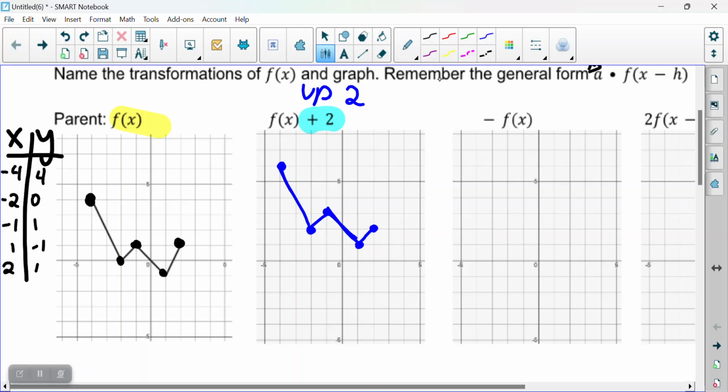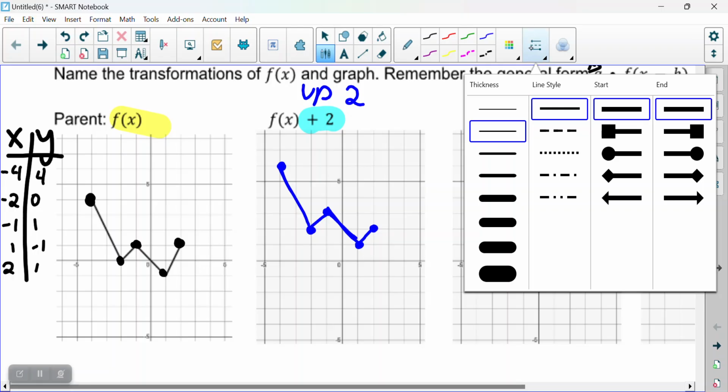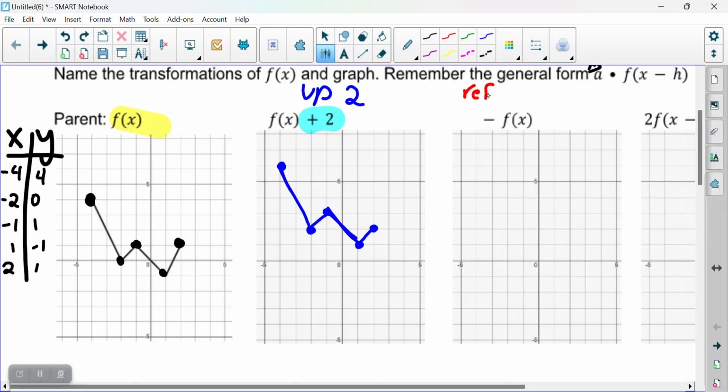What transformation would that be? A negative is a reflection about the x-axis. When you reflect about the x-axis, that means you're flipping over the x-axis. So all these y values will change. How much will they change? By a negative. You're going to take this negative, or -1, if there's nothing there, and you're going to multiply